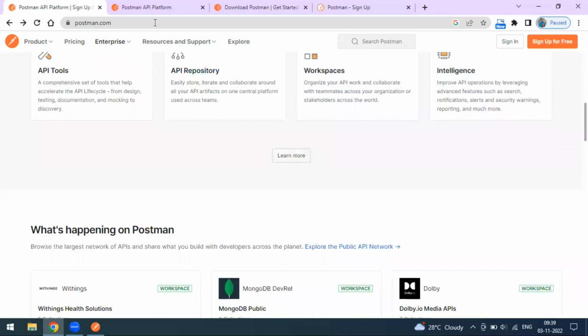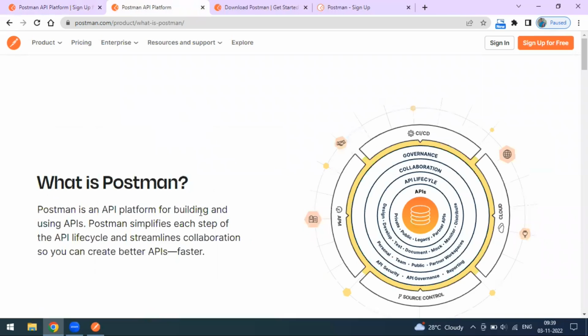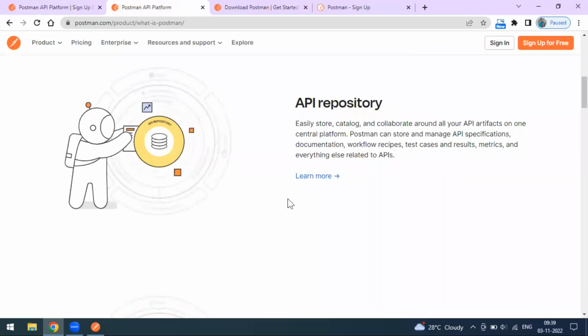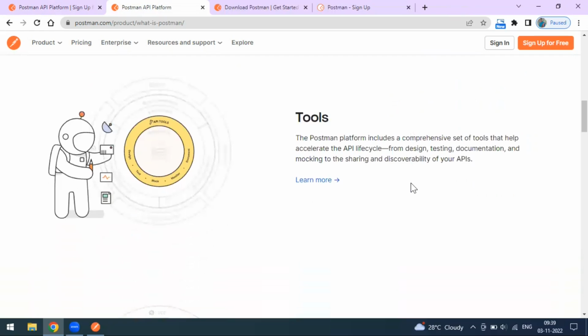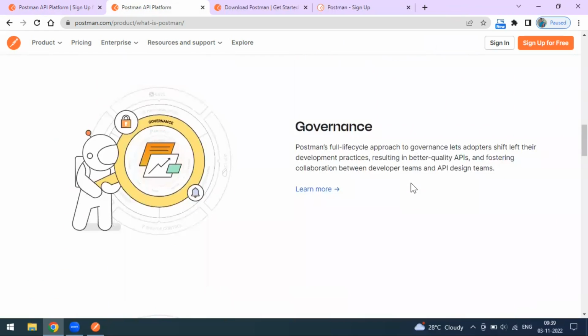Now if you go to the Postman site, we have seen it's an API platform for building and testing your APIs. It has a lot of features. It has an API repository, where you can store all your APIs, collections, and test cases. It has different tools: testing, documentation, mock servers, and you can share your documents and publish them also. And it has governance,